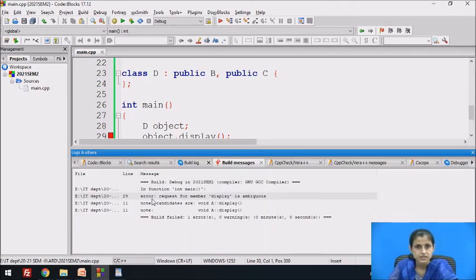This error is displayed. Error, request for member display is ambiguous.